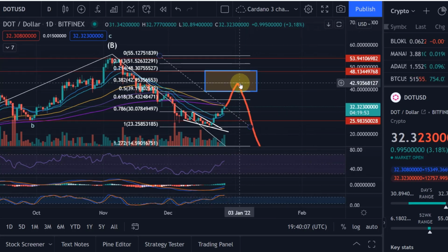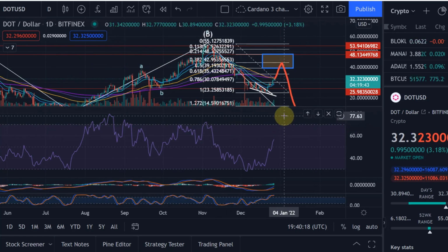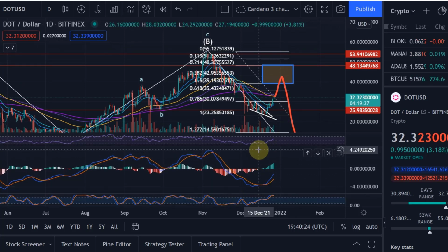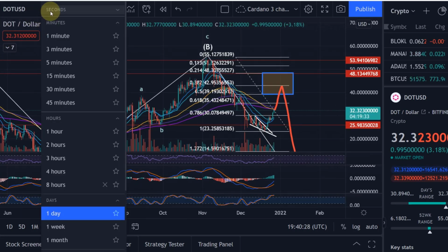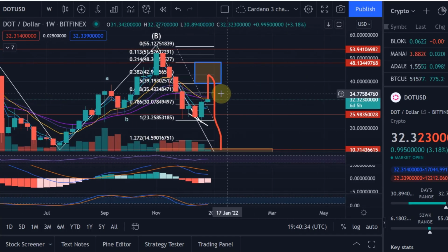I think we are definitely going to get into the area, because if we take a look here on the daily RSI, we are currently sitting at 56, 57. I think there is much more scope to get to the 70 level, and even then we can probably get all the way up to possibly 80 before we get a turnaround and we're overheated. The MACD is confirming this bullish crossover, and overall it's looking interesting. DOT, I think, can expect some further price increase over the next few weeks, together with Bitcoin, that I also expect to get into the price area between